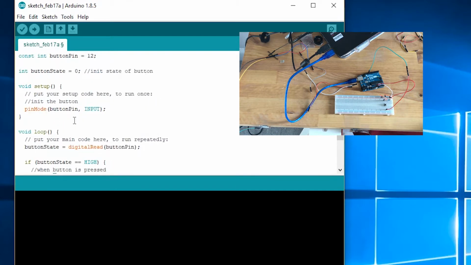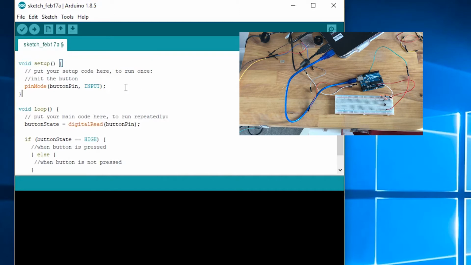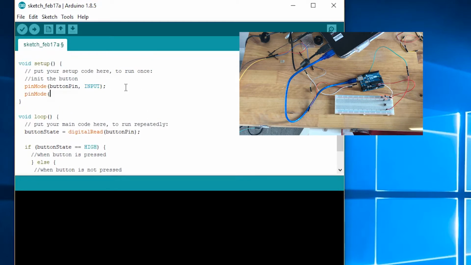And I am going to use the LED on the Arduino board to test this. I'm going to do const int LED is equal to, that's always on pin 13 on Arduino. We are going to do pinMode LED is an output,